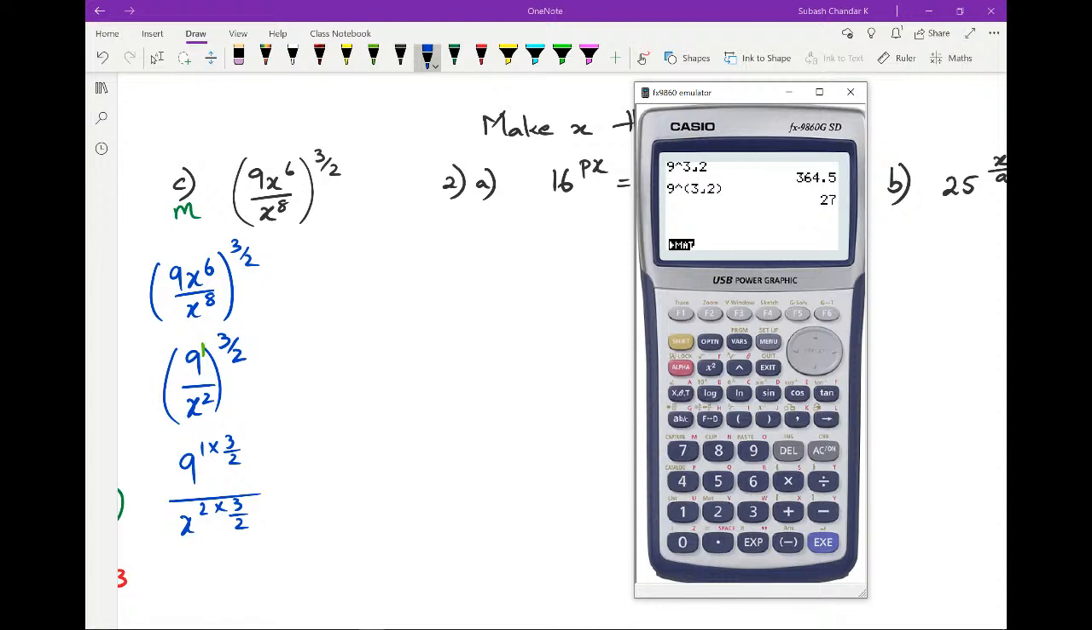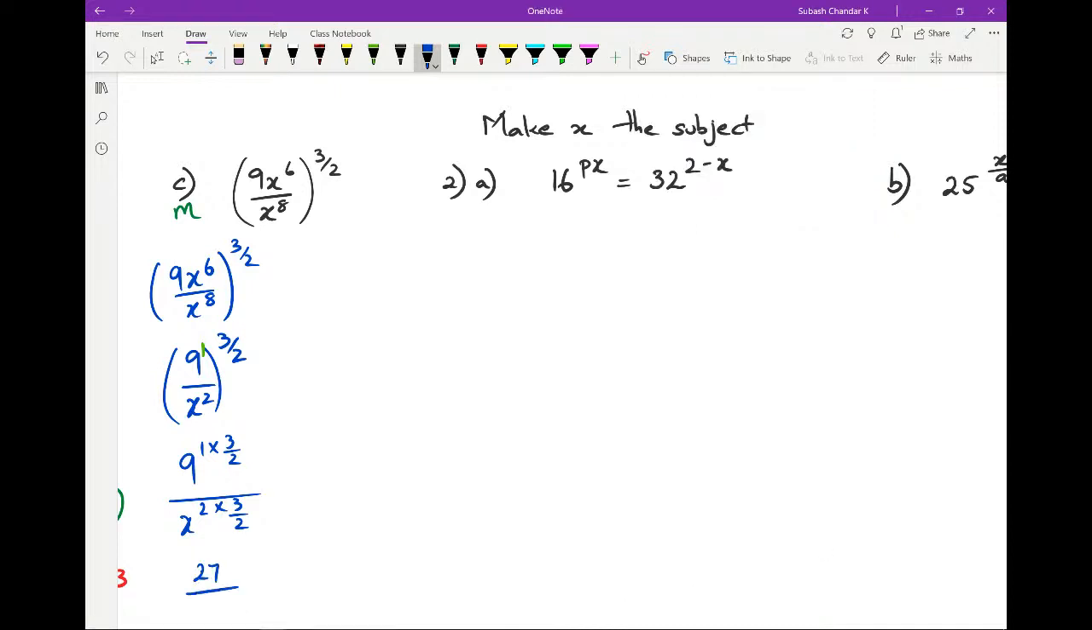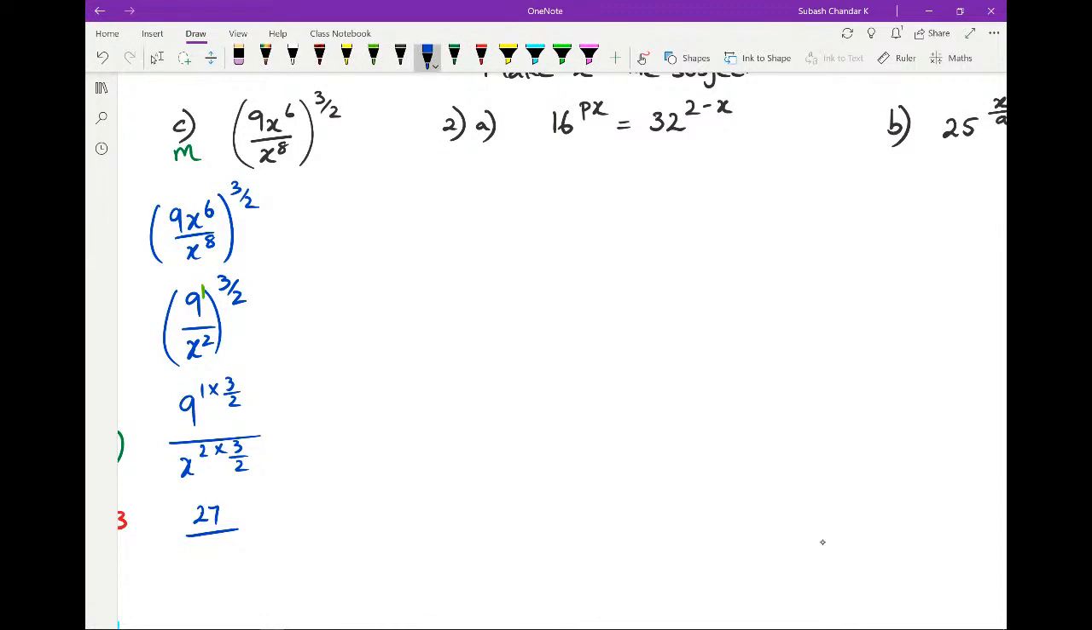So once we get 9 to the power of 3 over 2 as 27, we just replace that with 27, and then we've got x to the power of 2 times 3 over 2. Both of those 2's cancel out, and we're left with just x to the power of 3. All right, so this is one way of doing it. The other way of doing it is